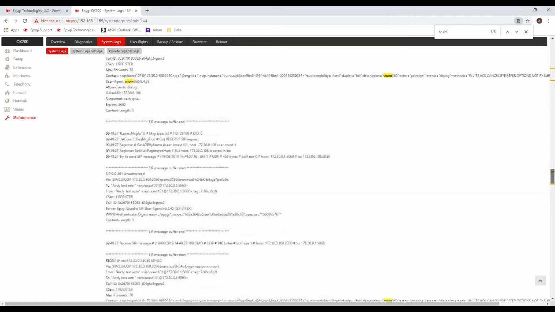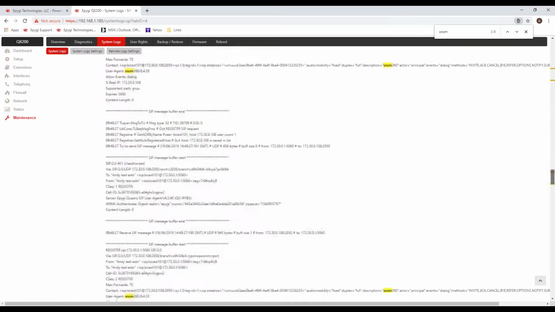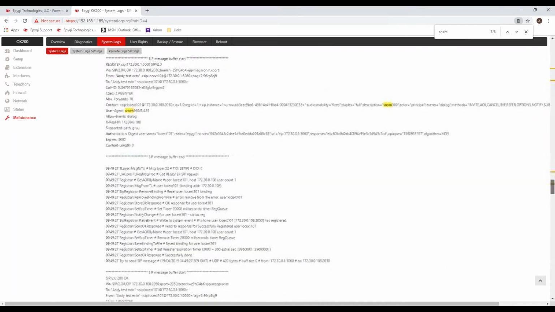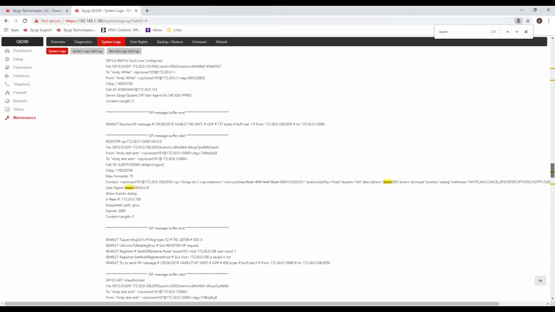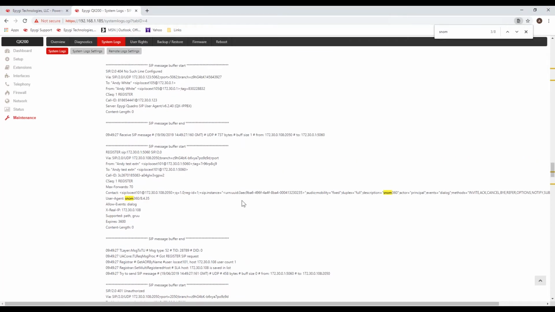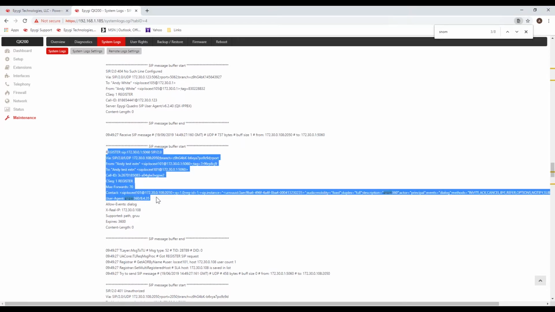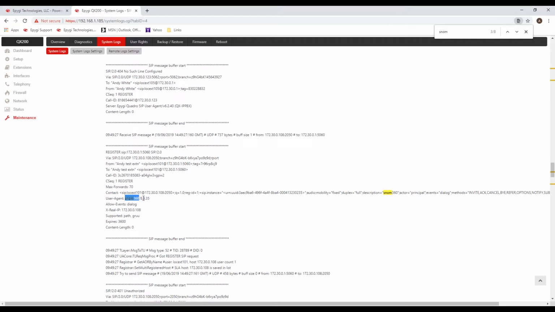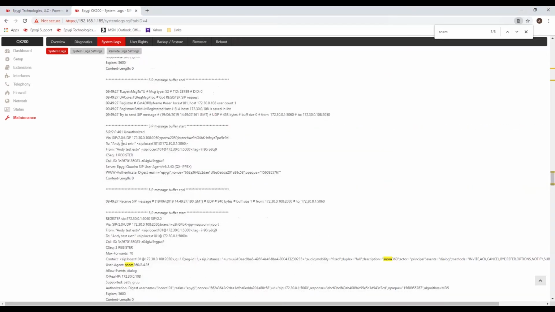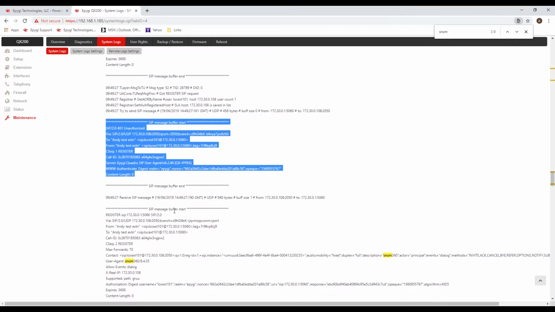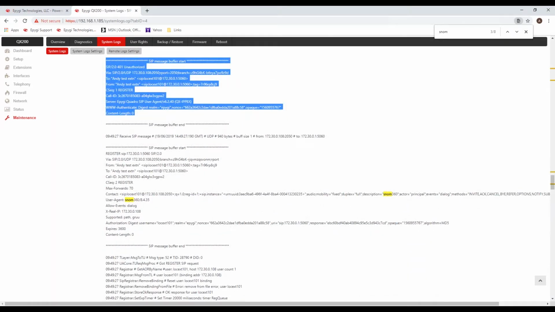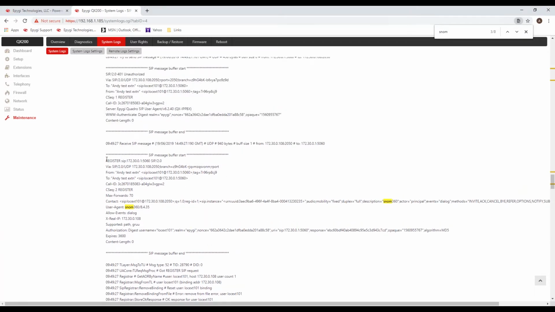Okay, so here's a register message that came from the SNUM 360. The system replied with an unauthorized message. Anytime the system gets a message from a device, we need to respond to it, which we did with an unauthorized. In this case, the phone sent the authorization username and password, sends the same register message again, but